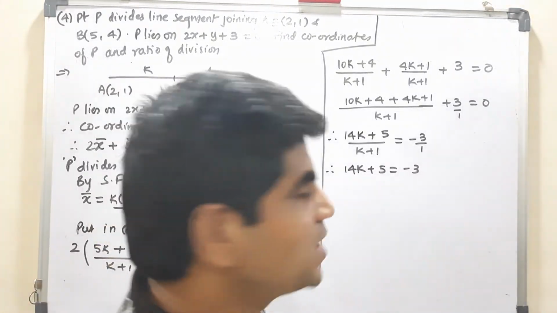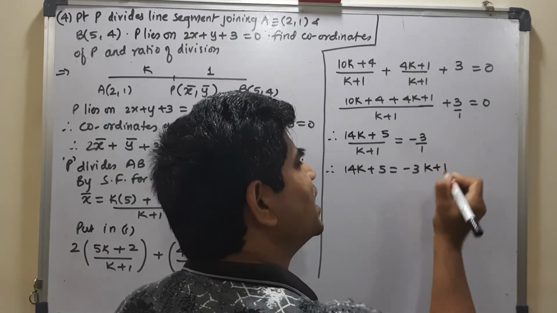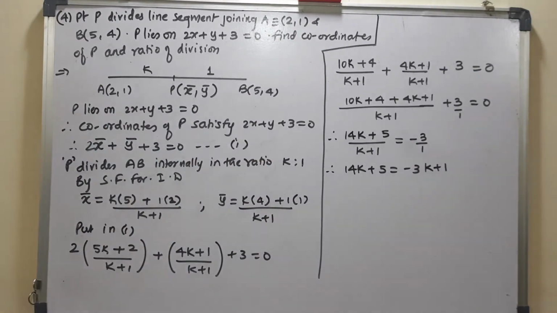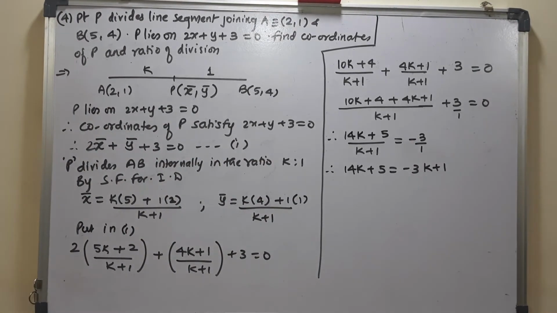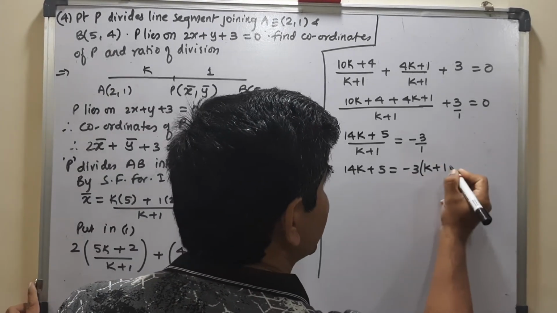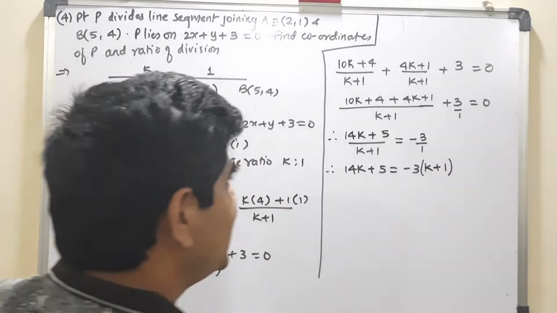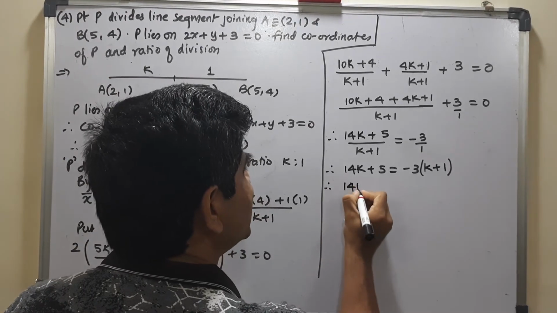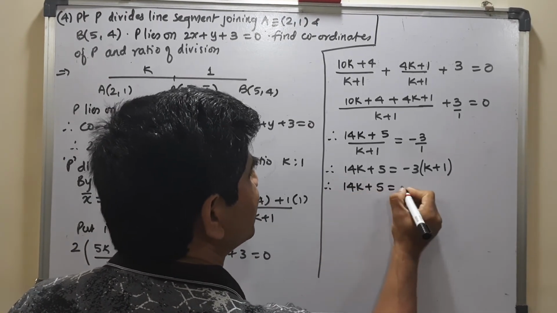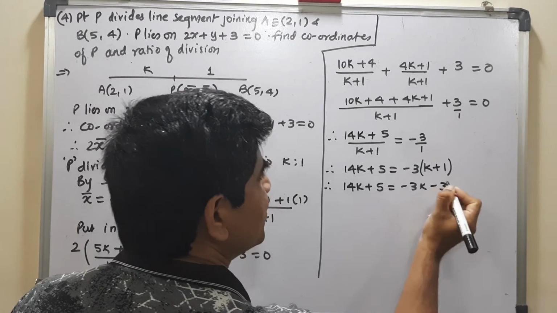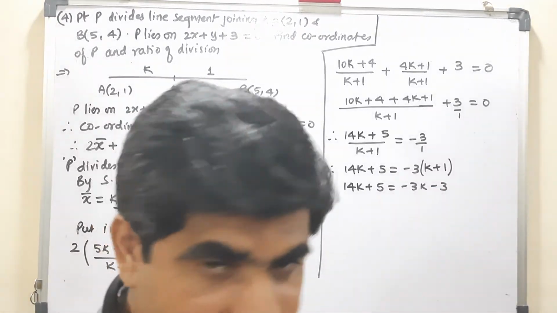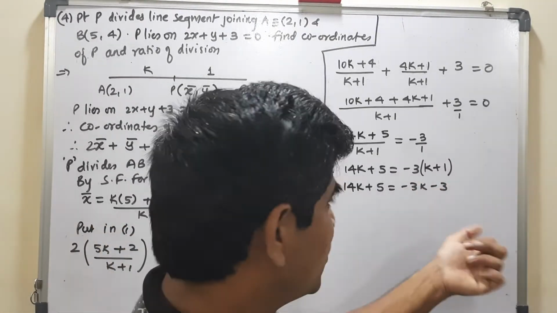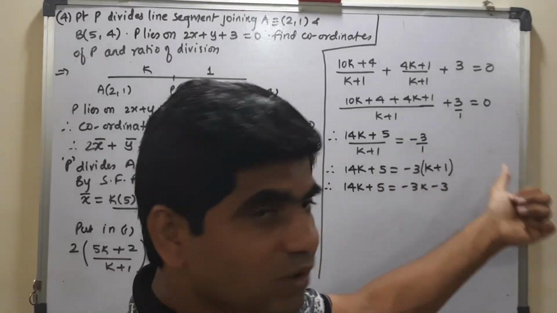Now this k plus 1 is multiplied. So if I write like this, it will be 3 minus 3 multiplied only to k, not to 1. But it is whole multiplied to k plus 1. So I need to put a bracket over here. So what I get here? I get 14k plus 5 is minus 3k minus 3. Okay? So this minus 3 being smaller, I am breaking it here, and 5 will go that side.